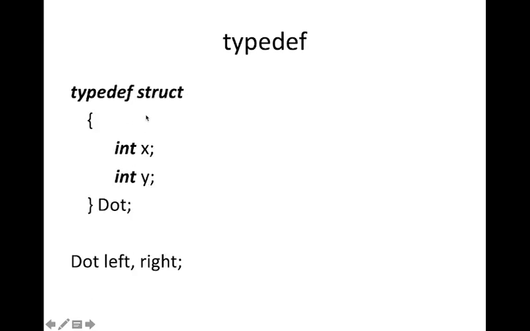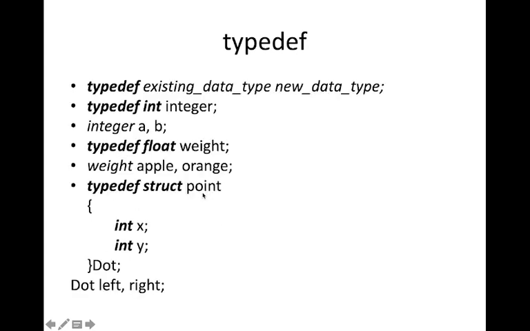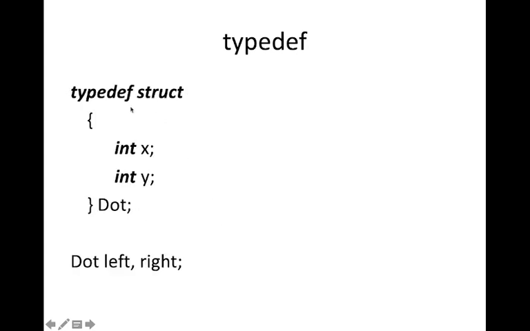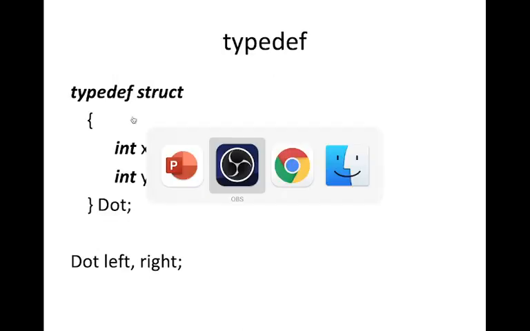So this is the same example. There is no need for this point in this case. So this way also you can declare typedef struct int x comma y and a structure variable dot. Now inside the program you can simply use dot left right. Now left and right are of type dot. So dot is actually a structure. In the previous declarations what you have seen is you have to use the struct keyword here also, struct dot left comma right, but you can avoid that struct when you use typedef like this. Okay. So we will see an example, then you will understand.